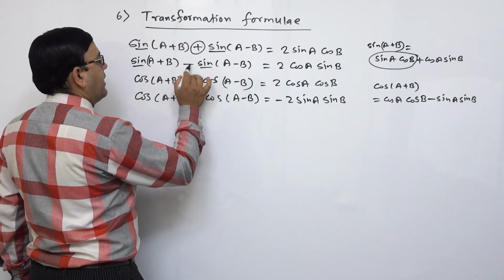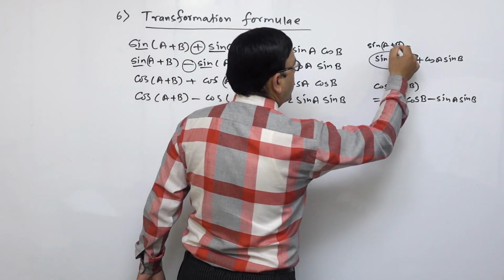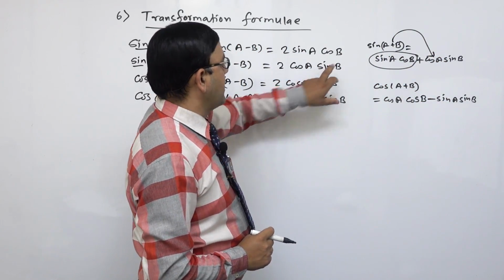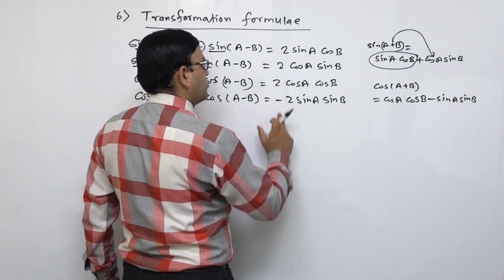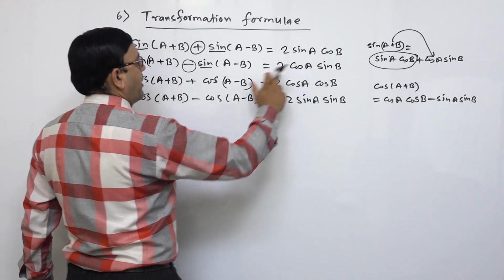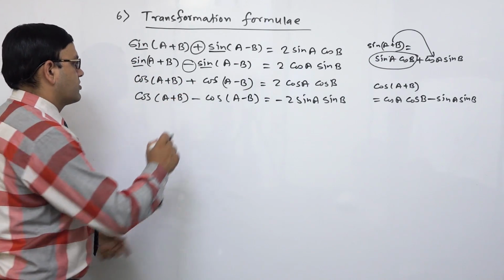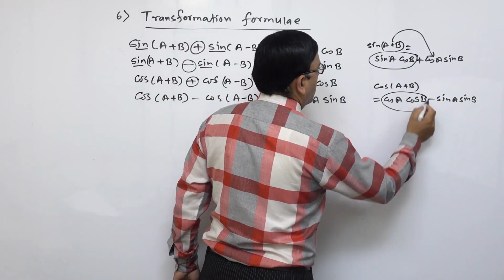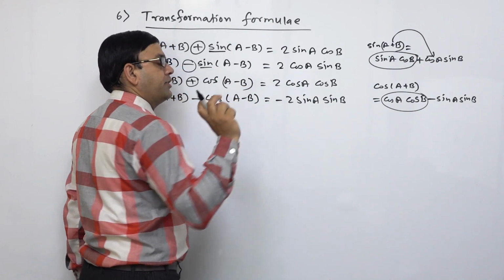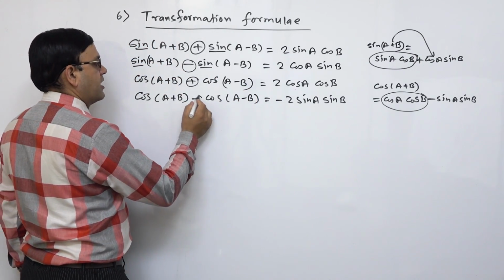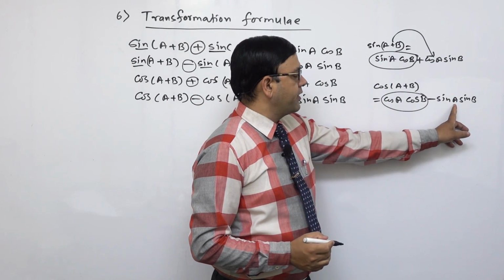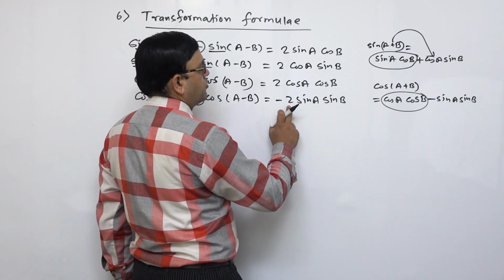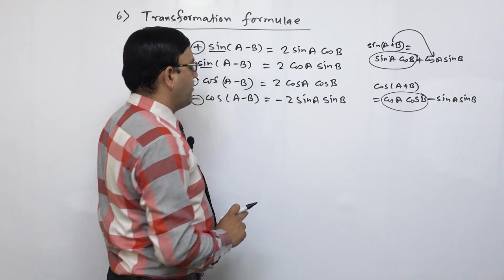त्यस्तै यदि sin र sin को बीचमा माइनस छ भने यो sin को फर्मुलाको पछाडीको आउँछ, cos a sin b। हेर्नुस् है, अब 2 त हाम्रो सबैमा आउँछ, त्यसकारणले यसमा कन्फ्युज भएन। यदि cos र cos को बीचमा प्लस छ भने अब गेस गर्नुस् त, कहाँको आउँछ? पक्कै cos a plus b को अगाडिको आउँछ, cos a cos b, अगाडि 2 आयो। त्यस्तै cos र cos को बीचमा यदि माइनस छ भने cos को पछाडीको आउँछ, sin a sin b। हेर्नुस् त, माइनस sin a sin b छ, त्यसकारणले यहाँ पनि माइनस, 2 सबैमा आयो, sin a sin b छ।